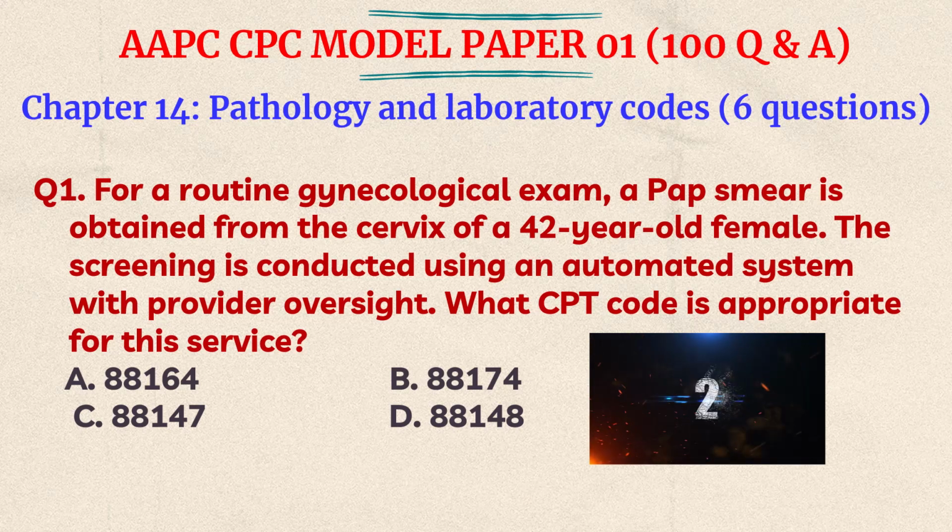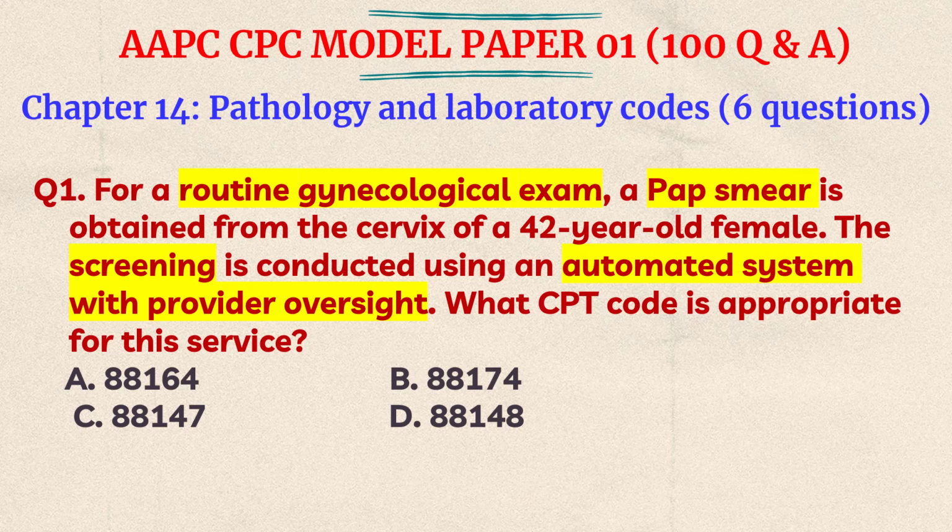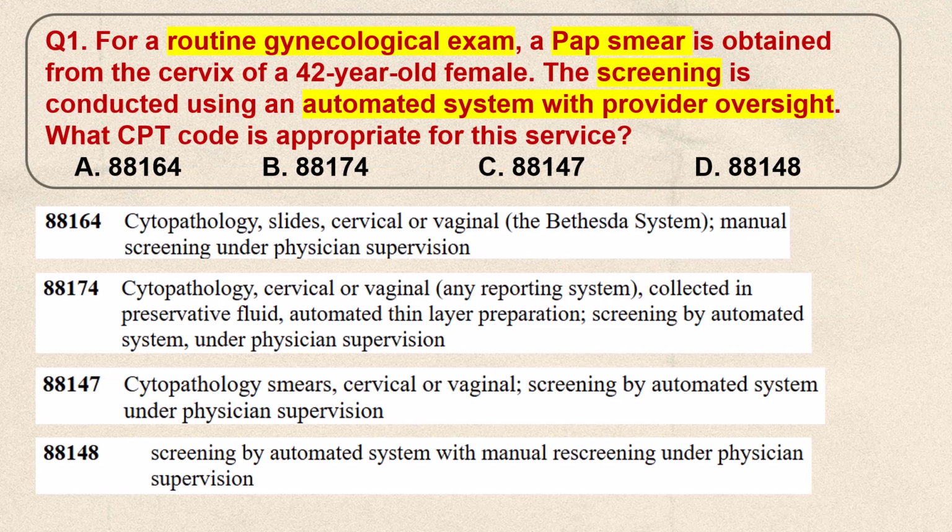3, 2, 1. Okay, in this question you have to highlight this is a routine gynecological examination. Here the pap smear is obtained for screening using an automated system with provider oversight. So when you see the codes, all are 88000 codes and adjacent codes are available. So you can use the elimination method to find the answer. So let's go directly to the codes. When you go to the code